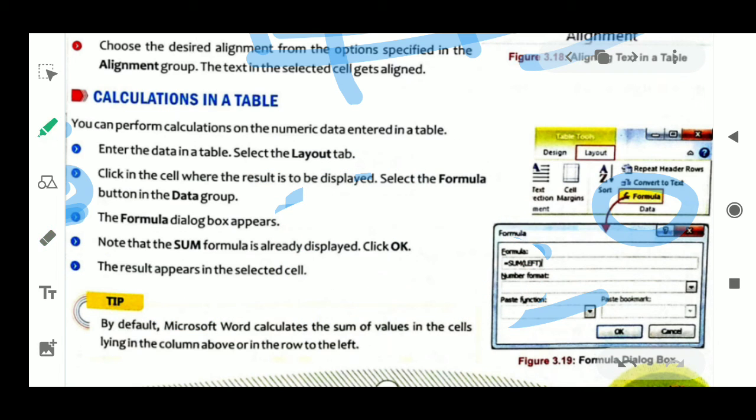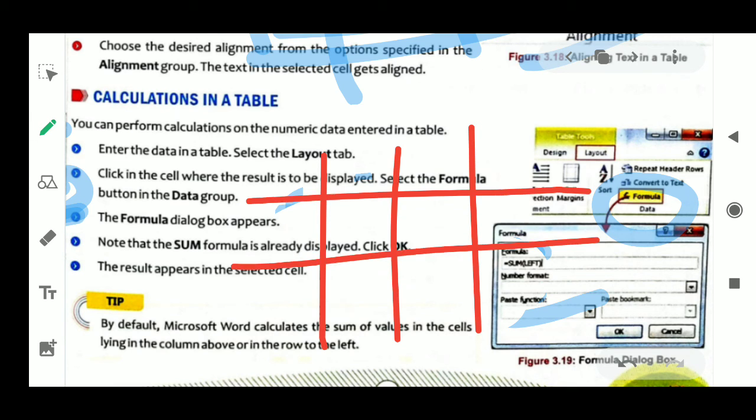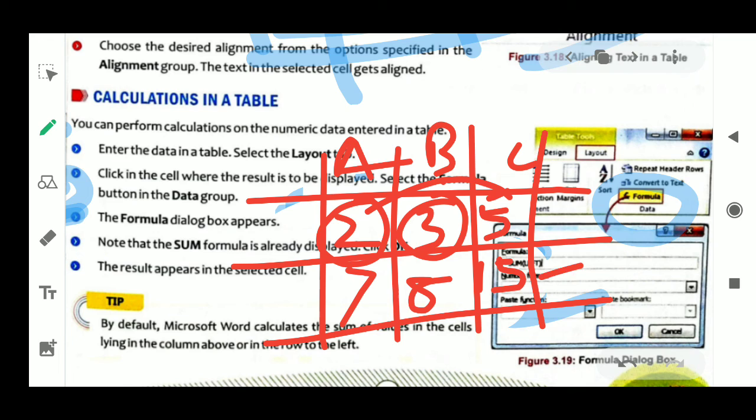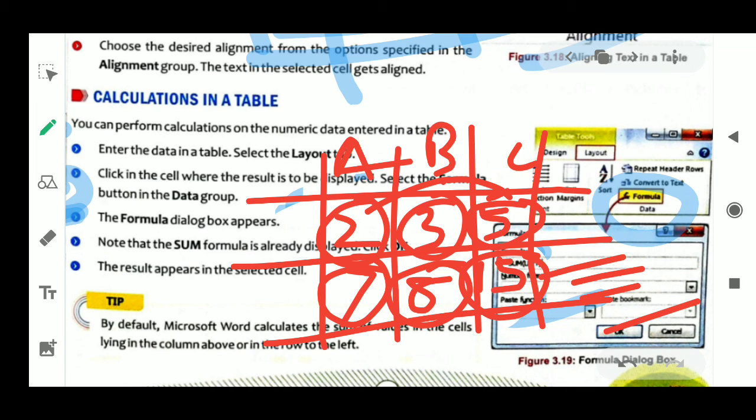Just like this, as I told, this is your table, and here is your 2 and here is your 3. The columns are named A, B, like that. Here in column C you want to add, so here it should be 5, here 7, here 8, so it should be 15 here. How is it possible? You select this 2 and this 3 and use the sum option. You will get 5 here. Same, 7 plus 8 you will get 15 by the help of this sum option. Subtraction is also possible. Understood?